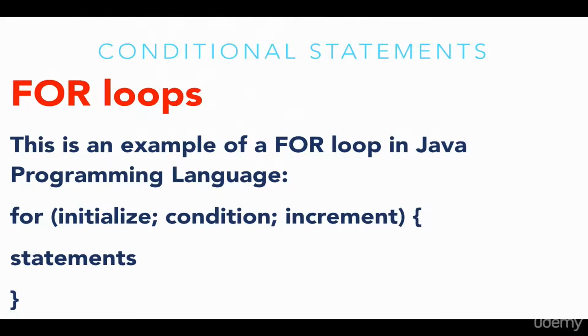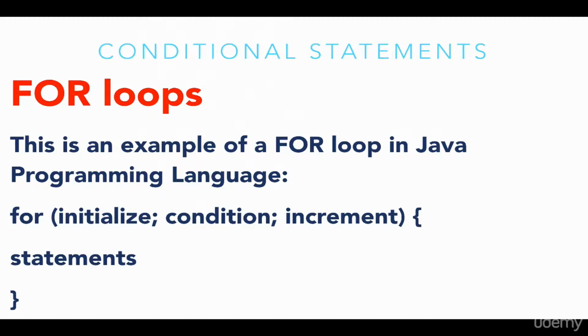So here is an example of actually how to write a for loop in the Java programming language. First, we need to type in for, and inside the parentheses, we need to first put in our initialization code, semicolon, and then we need to specify the condition under which the loop will stop, semicolon, and then we need to specify whether we want to increment or decrement our variable. And then we use an opening curly bracket followed by a closing curly bracket, and then we put our statements